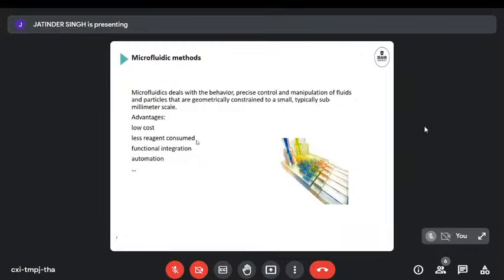The examples we'll be going through is electrophoresis. We apply not a DC potential like we did in electrophoresis, but we apply an AC potential in an asymmetric electric field. Magnetophoresis is when we use a magnet, and we've already seen a lot of magnetic beads coming by, for example, to absorb the DNA. Magnetic beads are really